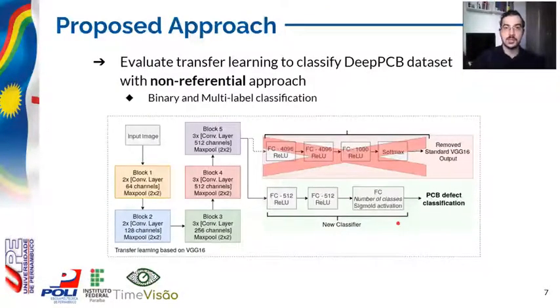Our proposed approach is to evaluate transfer learning to classify the DeepPCB dataset in a binary and multilabel classification using the non-referential approach. That means that we are going to show the classifier a single image, defective or not. In binary classification, we are going to classify whether the PCB has a defect or not. And in the multilabel classifier, we are going to classify for each type of defect, since a PCB can have multiple